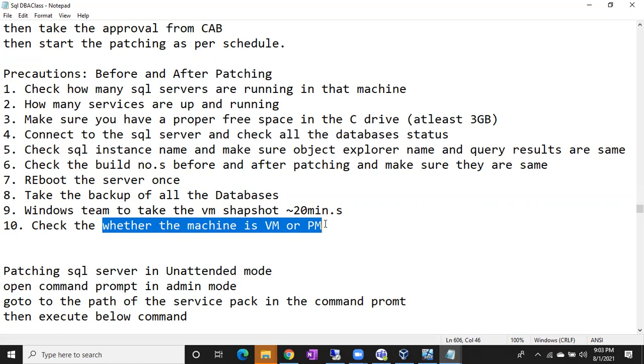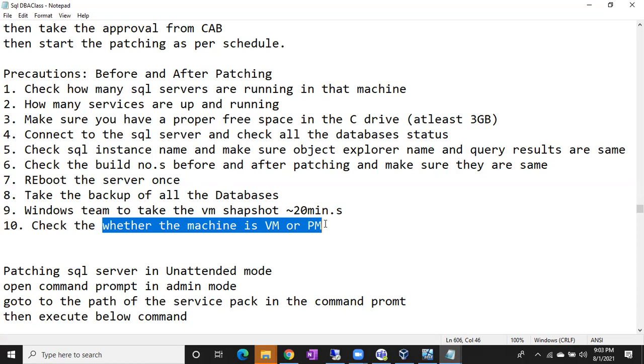You are doing this activity on Saturday. It's a physical server, and no one will be at the office location on Saturday. You find that the server has not come online for 1 hour. While restarting the server, the restart failed. It was stuck in a situation where someone has to check it physically. If it is a virtual machine, you can take any Windows team's help. They can log in remotely and restart it from their side.